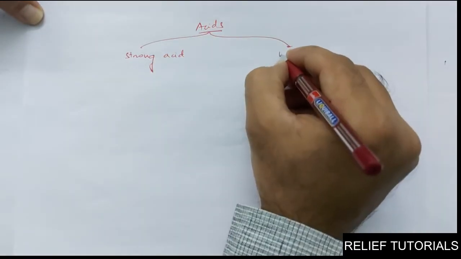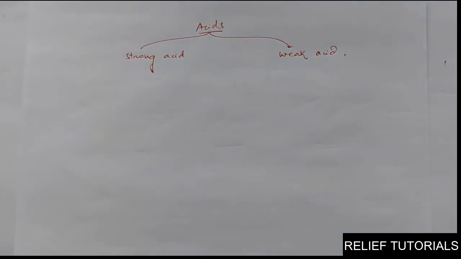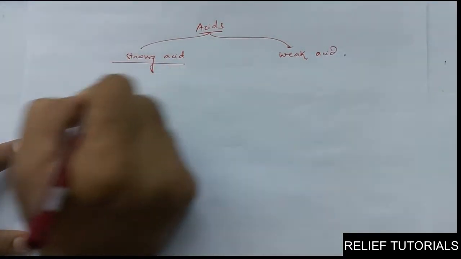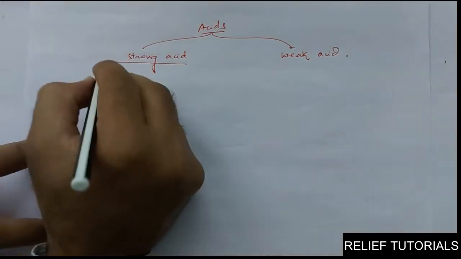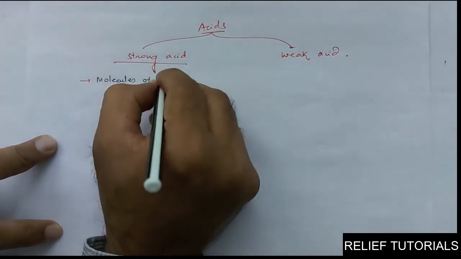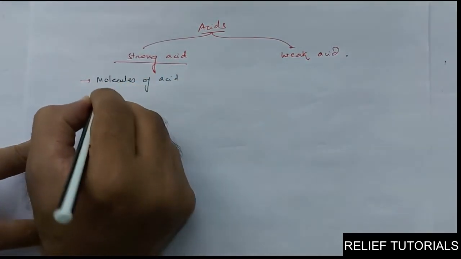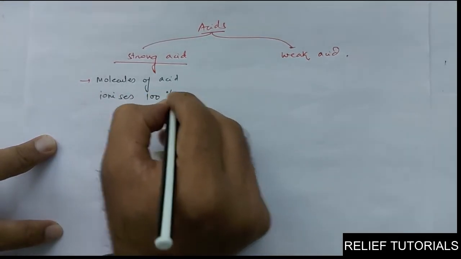Strong acid and weak acid. What do you mean by strong acid? Strong acid means the molecules of acid ionize 100%